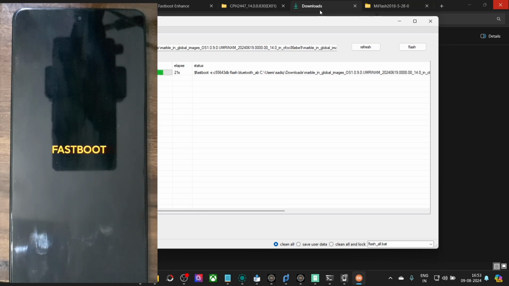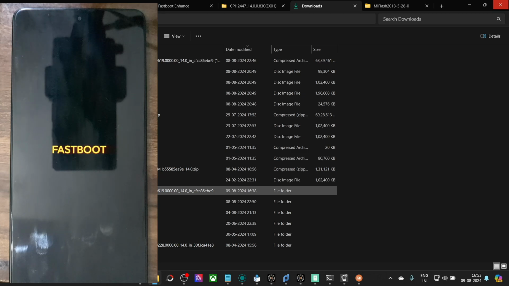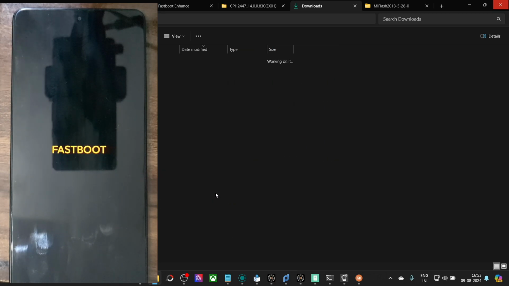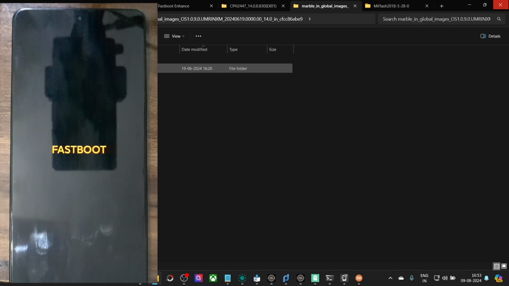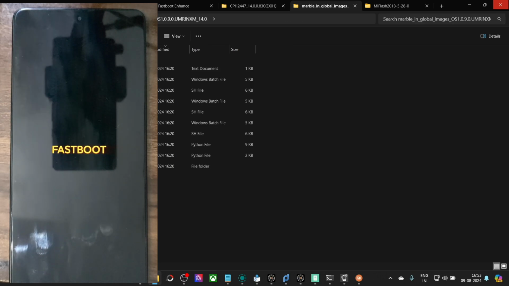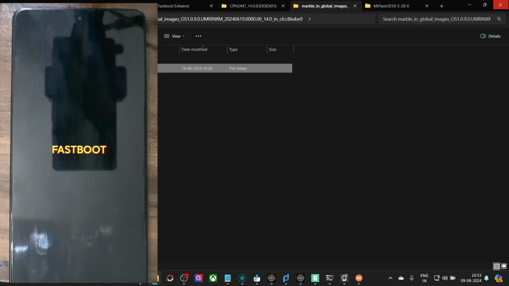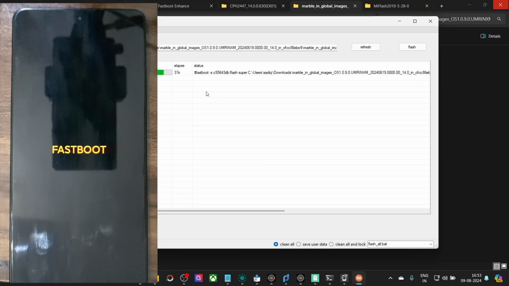By both the folders, I mean the main ROM folder as well, and inside that the secondary ROM folder as well. Inside the names of both these folders, there should be no space whatsoever, and the issue will be fixed, and you will not face any issue, and then you could flash the ROM without any issues.